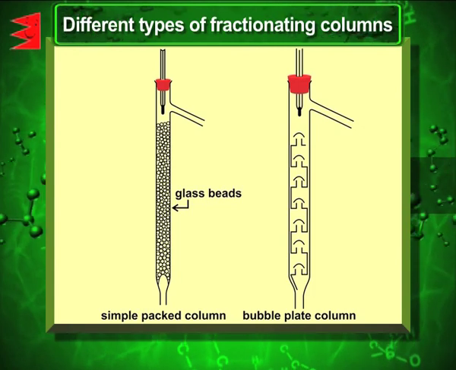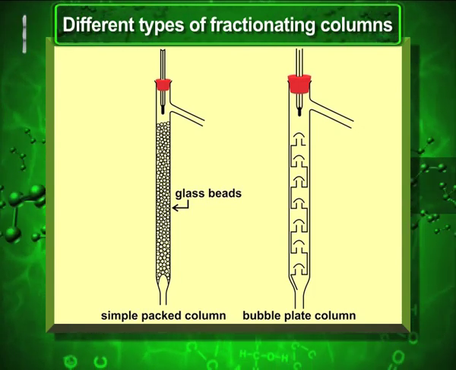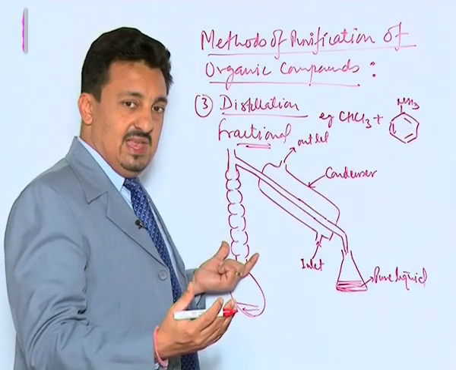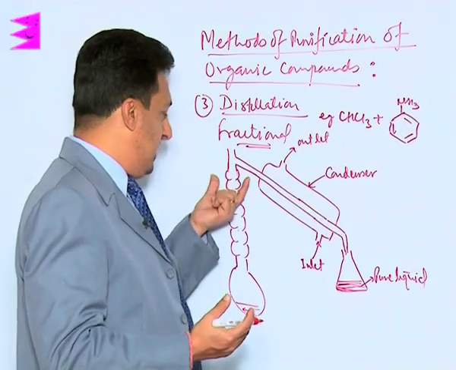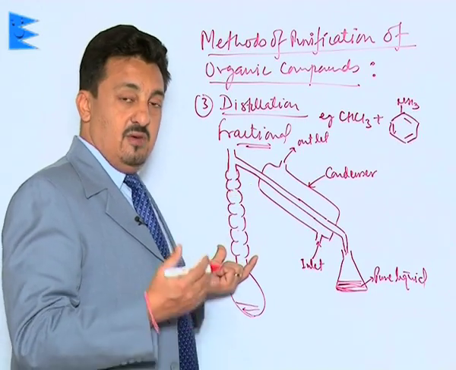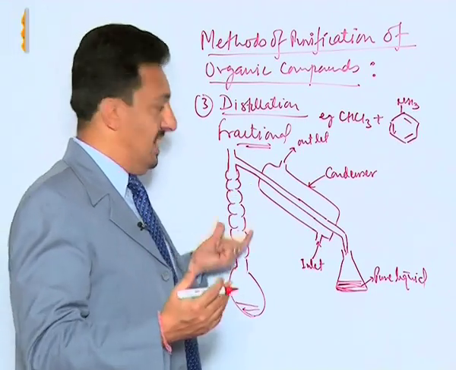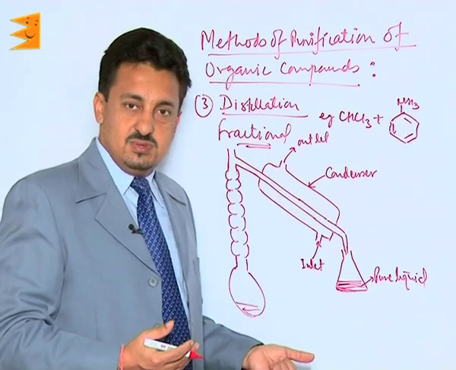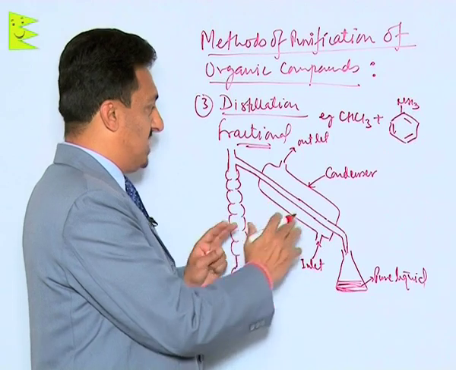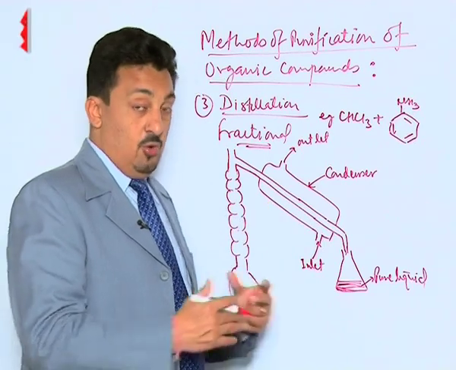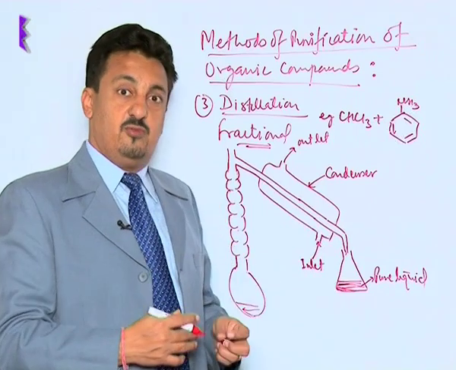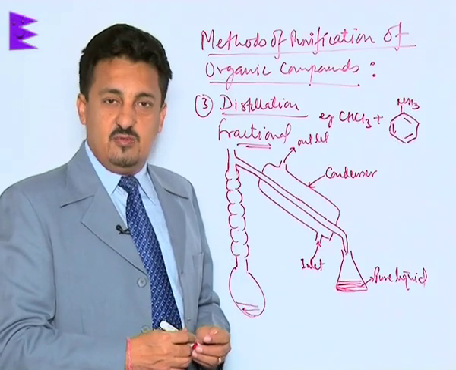This fractional column increases the surface area. Less volatile liquids, whose vapors are in this region, get easily condensed here only, and the one which is most volatile gets separated out. This is a very simple diagrammatic representation of fractional distillation, though the more modified, higher version is what we find in refineries,